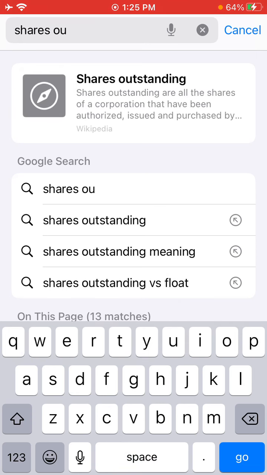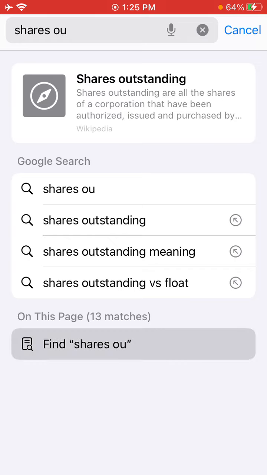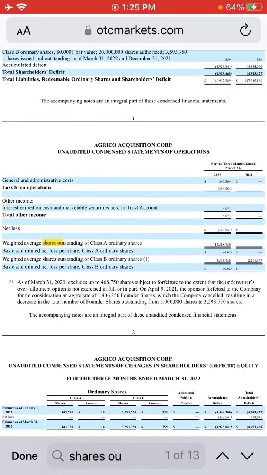And then I normally start to type shares outstanding, or I'll put shares OU. Then here we get 13 matches. So I click that,